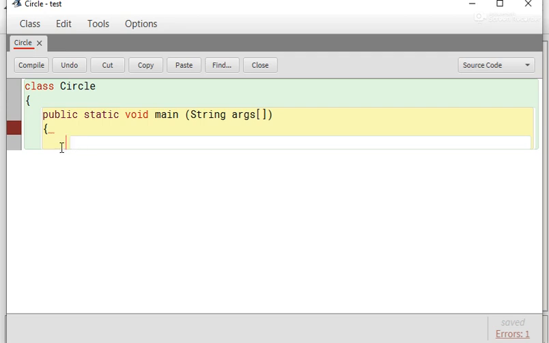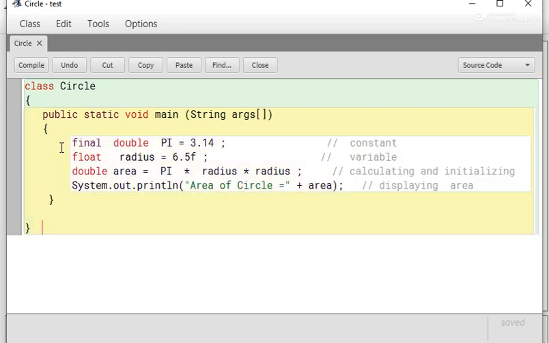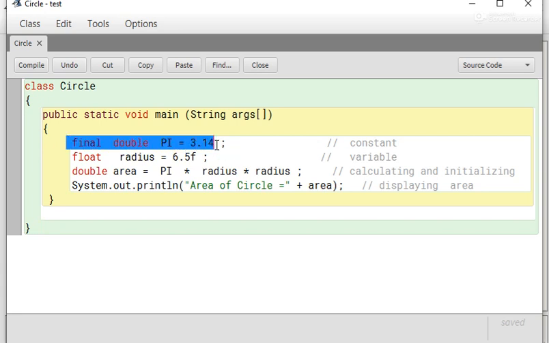So we start and write here all the programs. Final double pi equals to 3.14. This statement tells that this is the variable of double type pi and we assign the value 3.14. Here final is a keyword that make this variable constant.